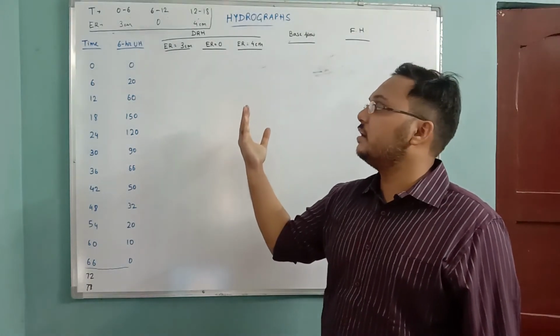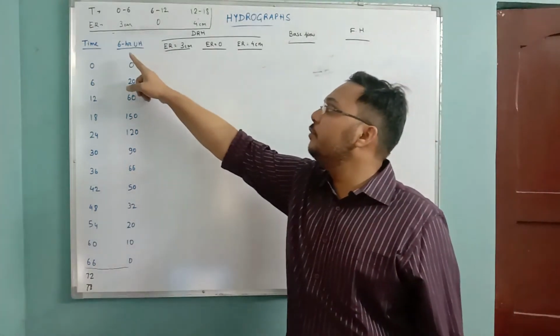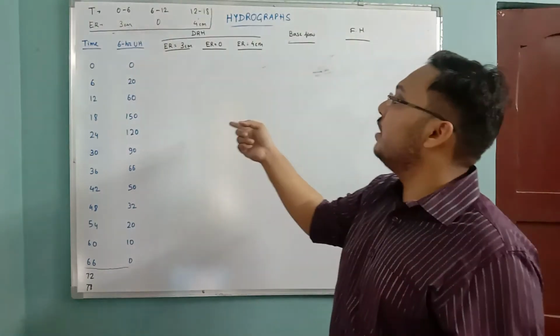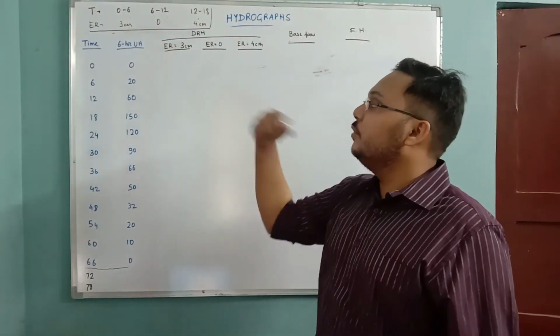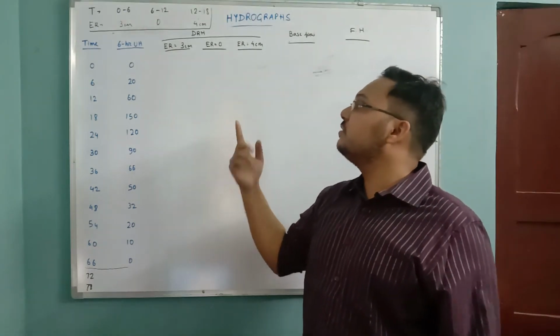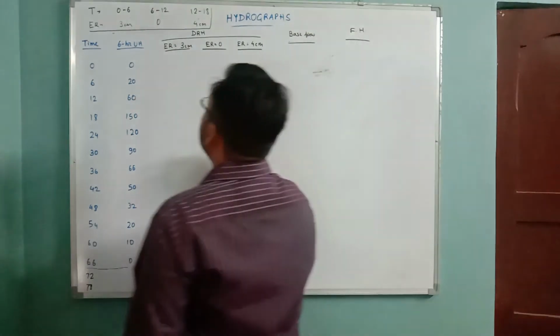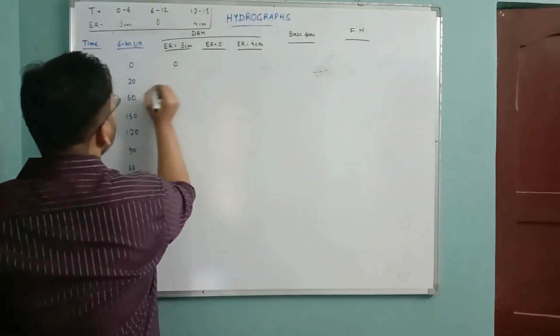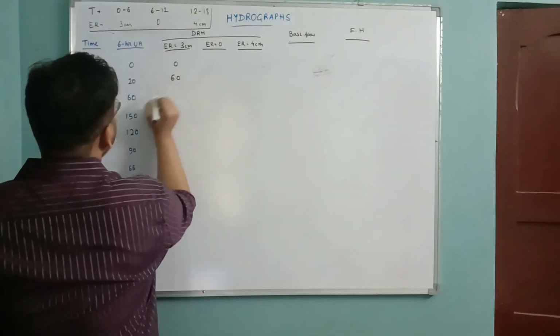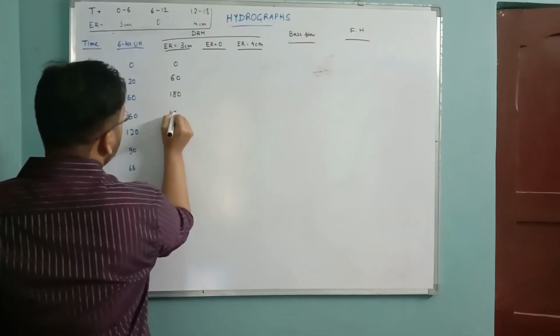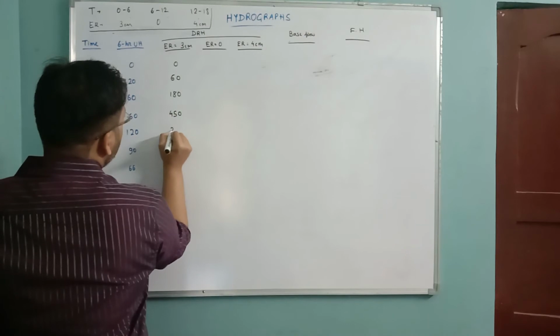So now what we are going to do, just as from a unit hydrograph we used to calculate the direct runoff hydrograph. Unit hydrograph is for 1 centimeter. So the direct runoff hydrograph for 3 centimeter will be just the multiplication of the ordinates by 3. 0 into 3 will be 0, 20 into 3 will be 60, 60 into 3 will be 180, 150 into 3 will be 450, 360,